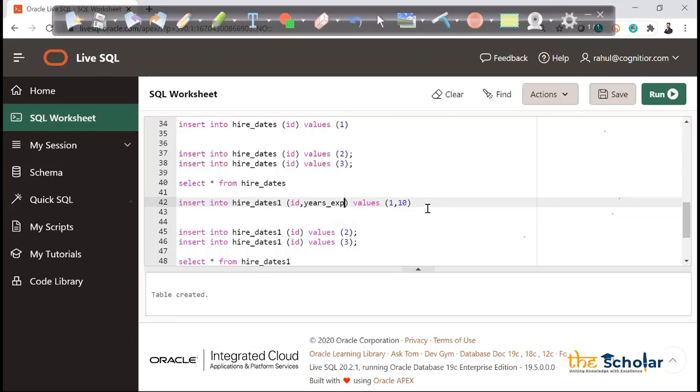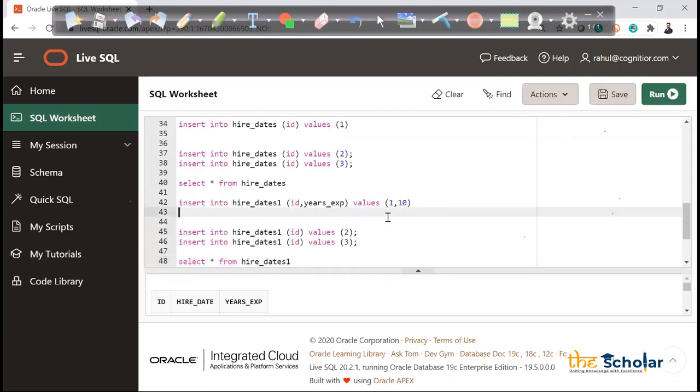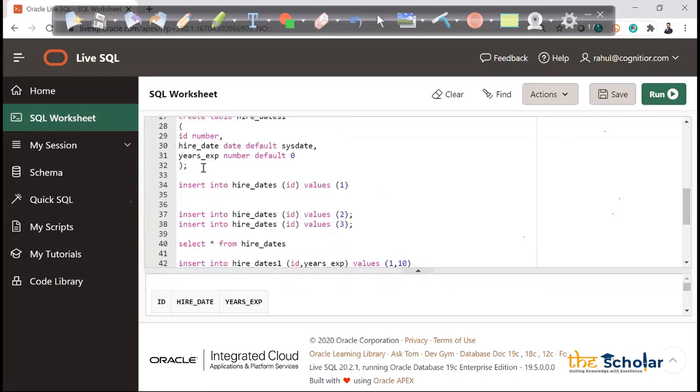We'll see that later on. But as of now, let's execute this. You see that this is working fine. Let's execute this, this is working fine as well. Let's execute this, this is working fine as well. Let's go ahead and check the data out here. You can see that we will have 3 records. Years of experience, 0, 0 is the default, and 10 we already put for employee ID 1. Okay. Now let's say if I will not set that value to default, right?